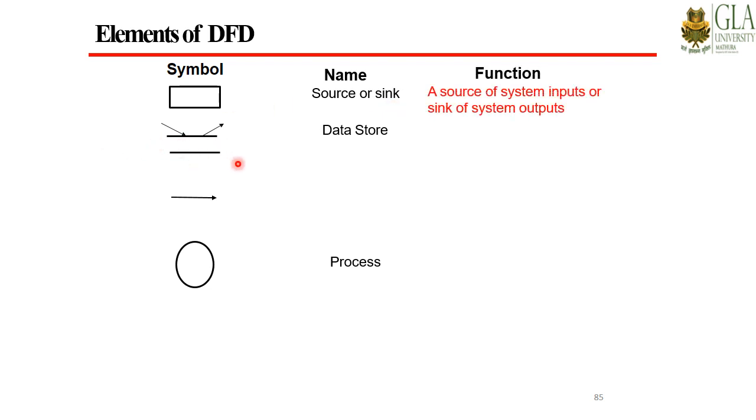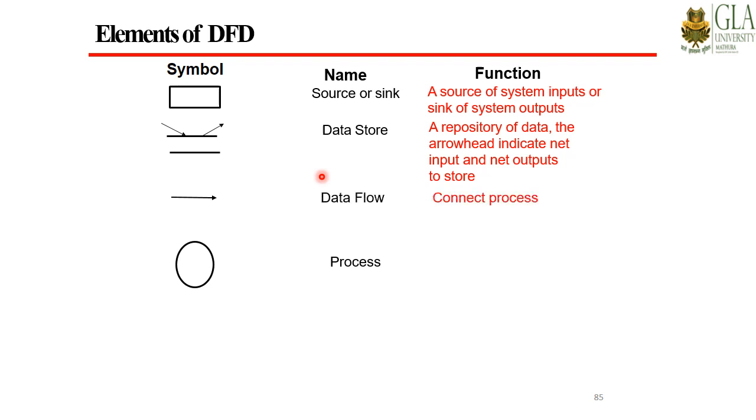Next, this double line will represent the data store, where we are going to store the information inputted or fed by the user in a system, and further, from this data store we can fetch the data and forward it to the user if it is required. Next one is this arrow that will represent the direction of flow of the data inside the system, the flow of the data from the users to the system, and from the system to the users.